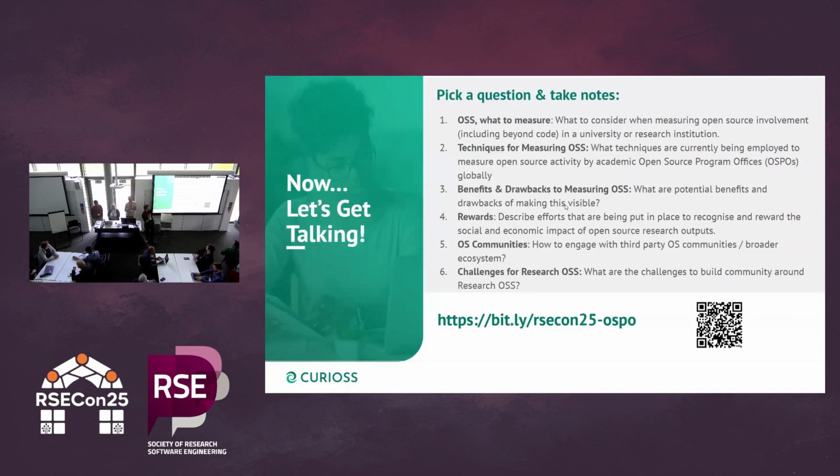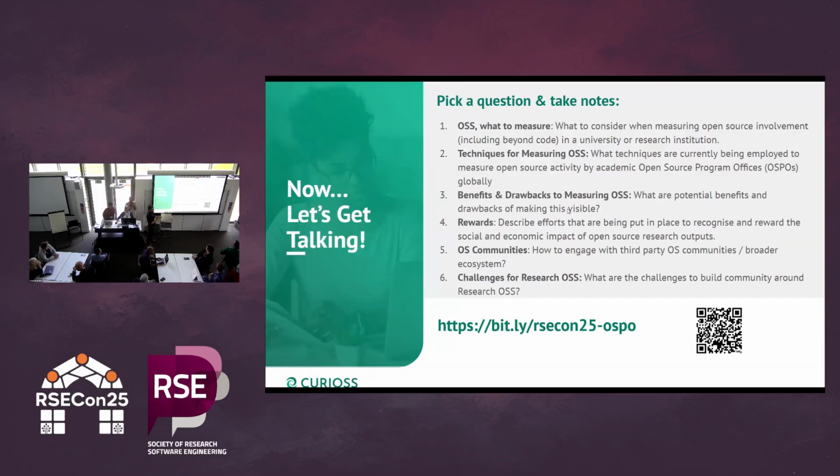There you go. So these are the questions that we'd like you to talk about at your tables. You'll notice there are 6 questions. Why are there 6? We don't want you to have 5 minutes each. We want you to have 20 minutes each, and we want you to choose 3 of them at your table. So you'll switch. You don't have to talk about them all, and you shouldn't. Choose the ones that look best to you.